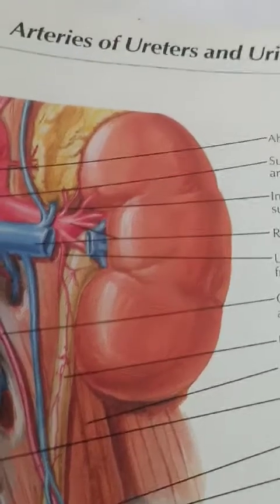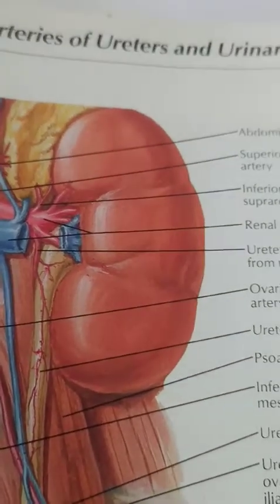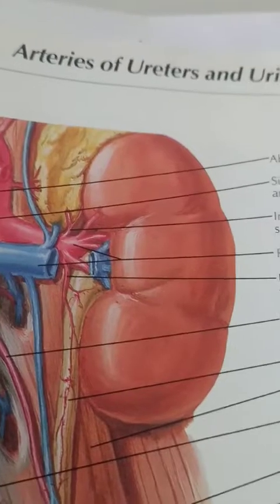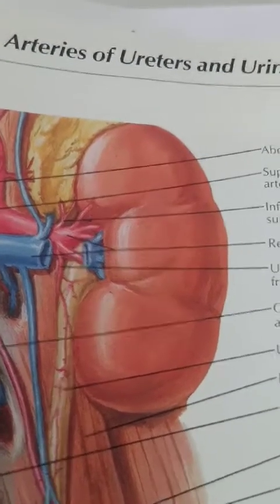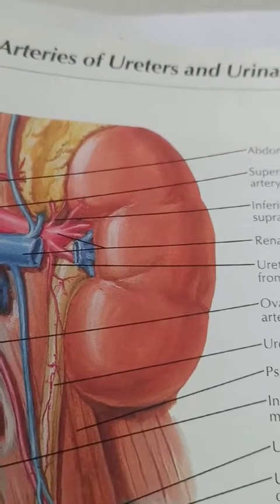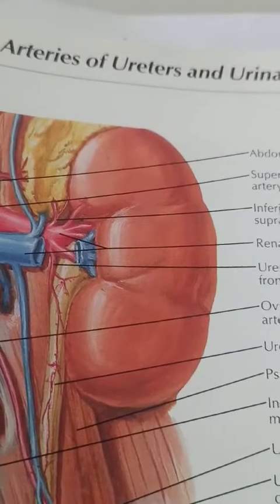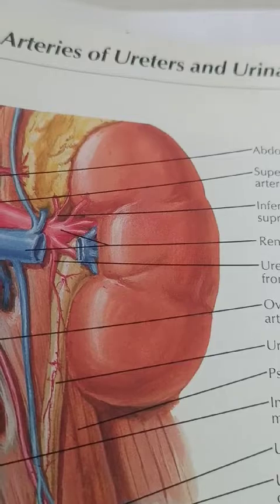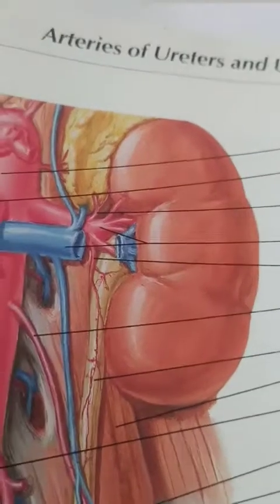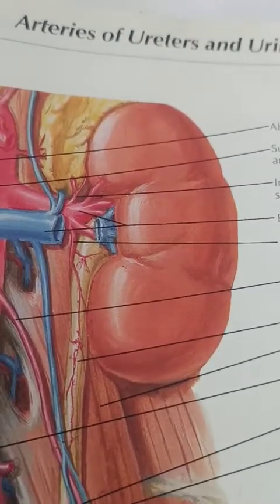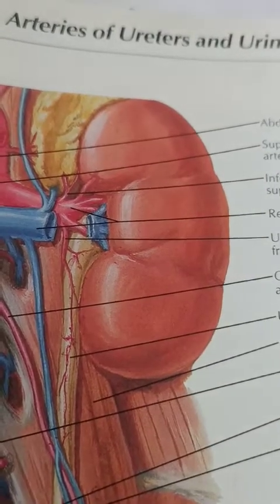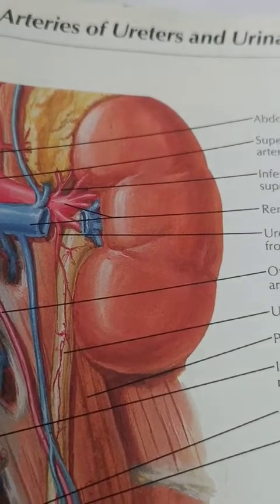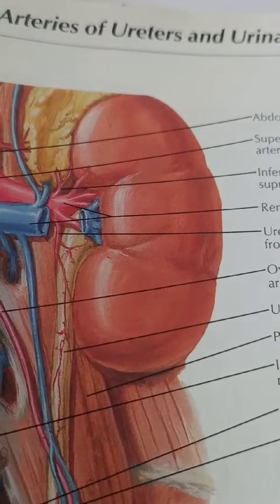So this is the kidney, diagram of a kidney, and you can see what are the features of a kidney. Okay, first, kidney is seen in the posterior part of the abdominal wall. It is not in the anterior part, so in the back towards the posterior aspect of our abdomen, you can see the kidneys. Okay. And the function of the kidney, it is an excretory organ, that is, it helps in the removal of waste products from our body.